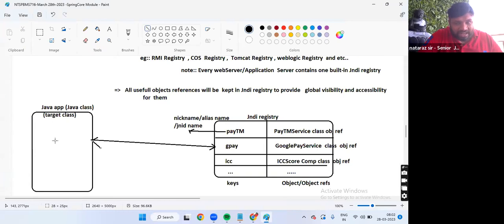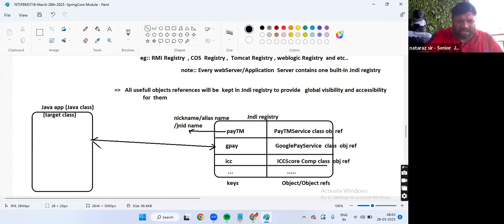The way this class contacts the JNDI registry, spends time to search and get any of its choice object reference, is it not called a lookup operation, guys? Is it not called dependency lookup operation? Based on the code we write, it will contact the JNDI registry. Based on the given JNDI name, it will search in the JNDI registry.